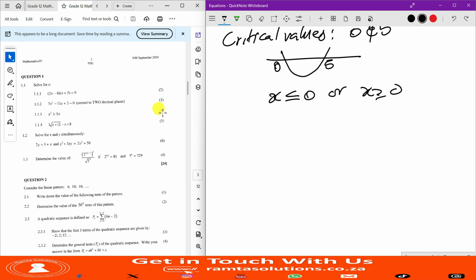So 4 marks, we did it in less than a minute. So we are good. Right, we are good. It's x is greater or equal to 5. Right, good. All right, now